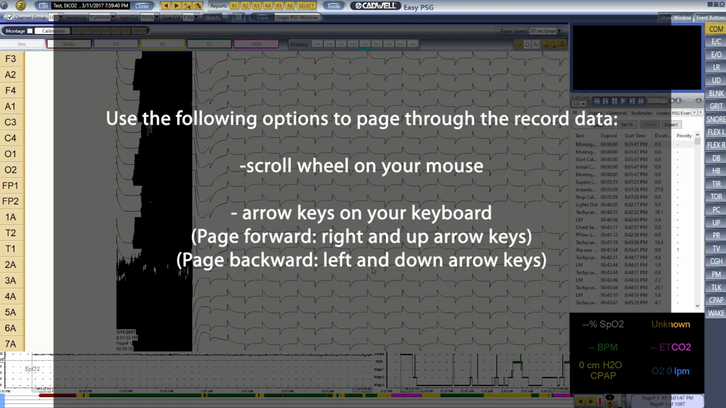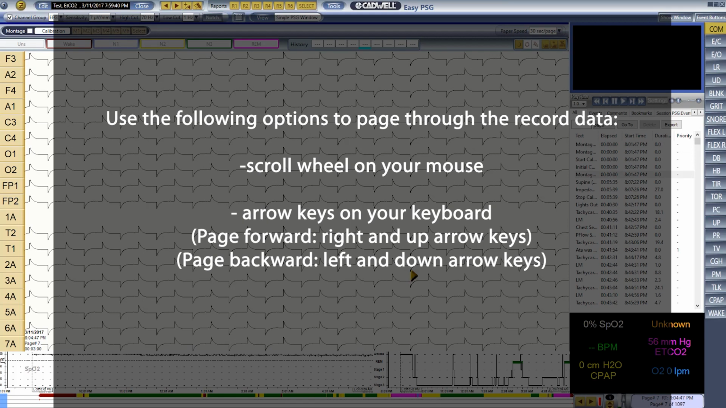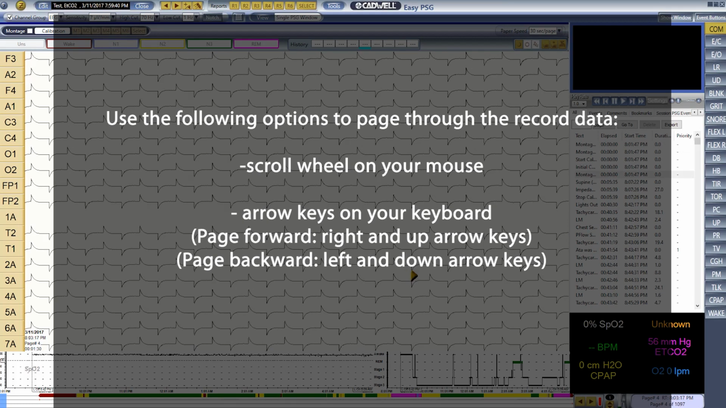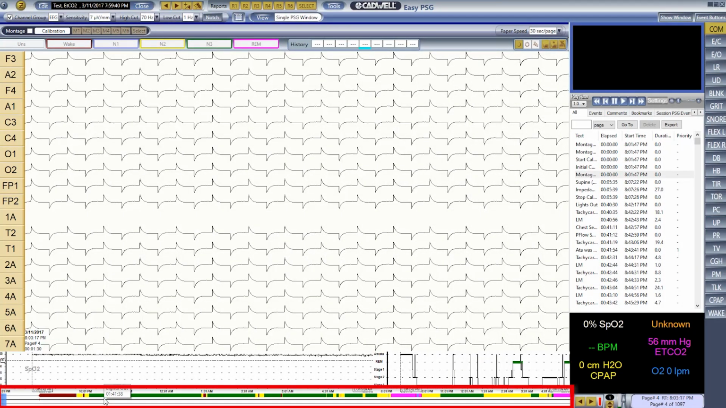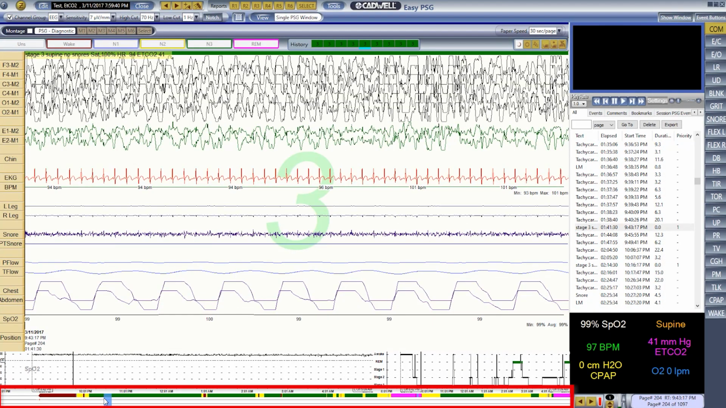Now that the record has opened, you can page through the record using the scroll wheel on your mouse, or the arrow keys on your keyboard. The right and up arrows can be used to page forward, while the left and down arrows can be used to page backward. You may even use your mouse to click to a specific point in the record on the